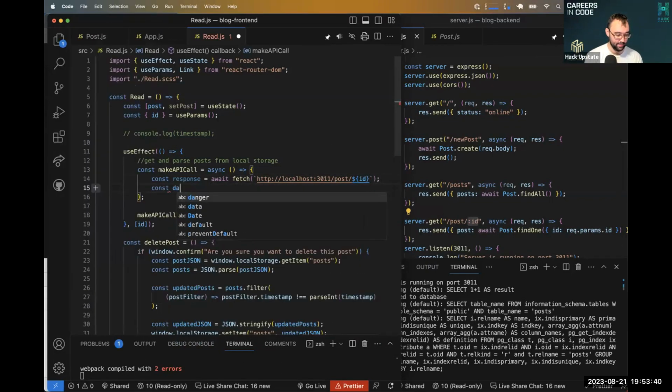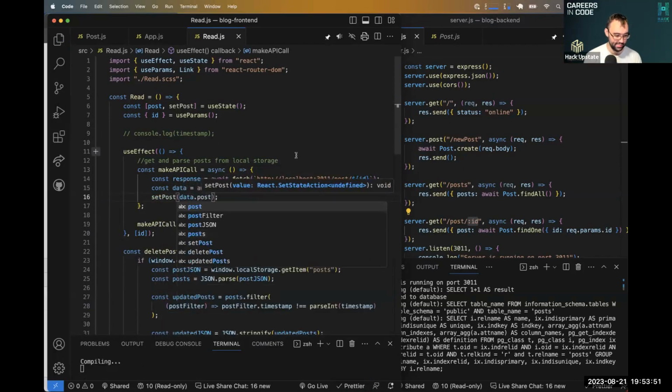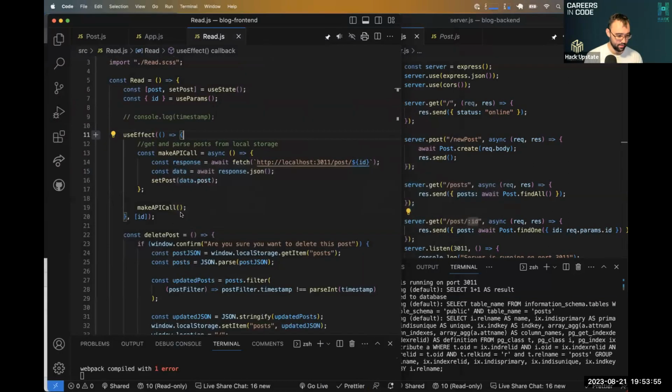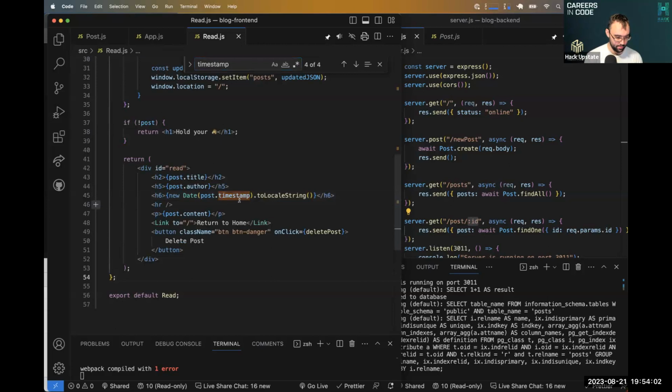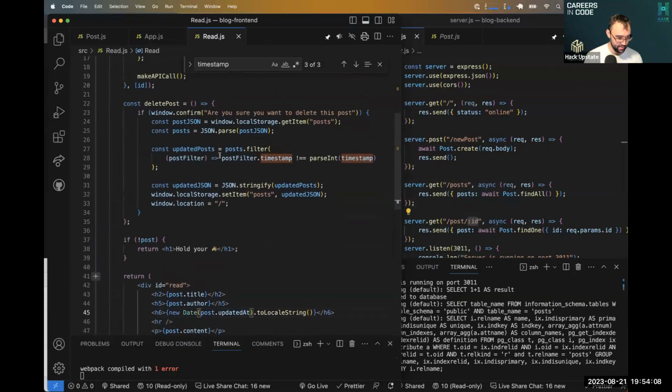And then get the data from awaiting the response.json. Then you can set the post from the data.post. And we have to find our timestamp and change that to our updated at. And then on 28,